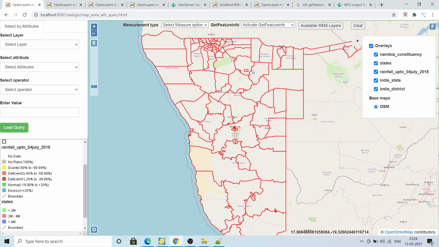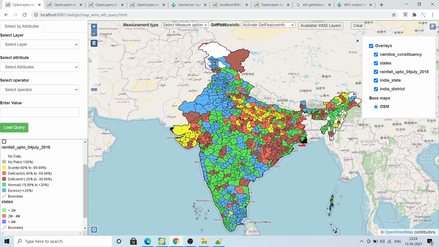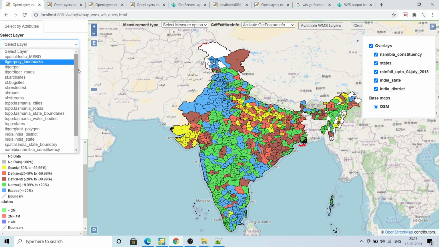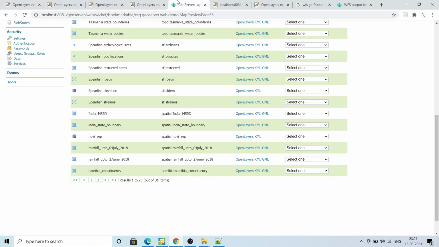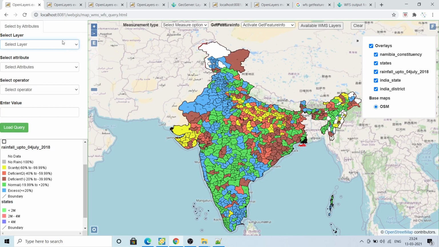So basically this is using the WMS service, the Web Map Service of the GeoServer. It is not actually fetching the actual features, it is basically tiles, PNG, JPEG, to show the data only. But here, let me go to India first. On the left side, it is basically a WFS kind of thing. Select layer means all the layers available under GeoServer will come here. If you insert any new layer, it will automatically show here.